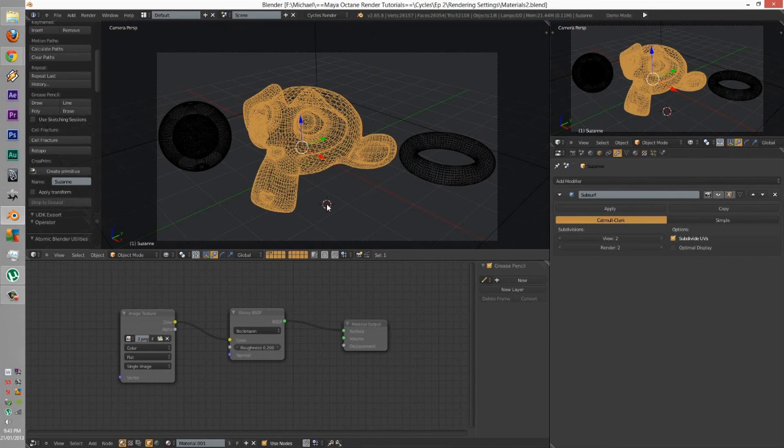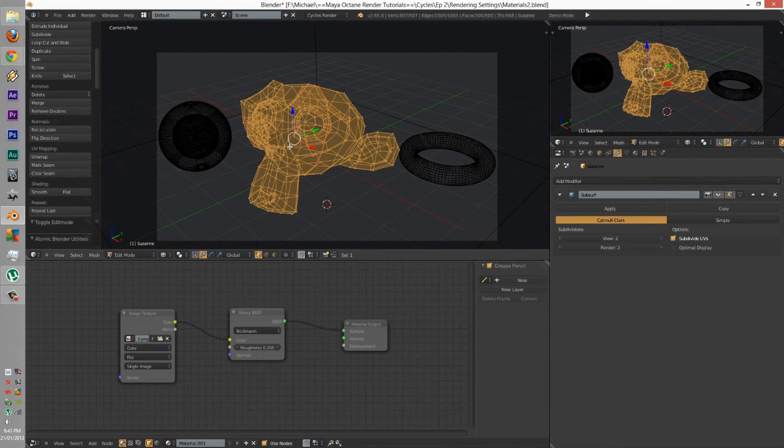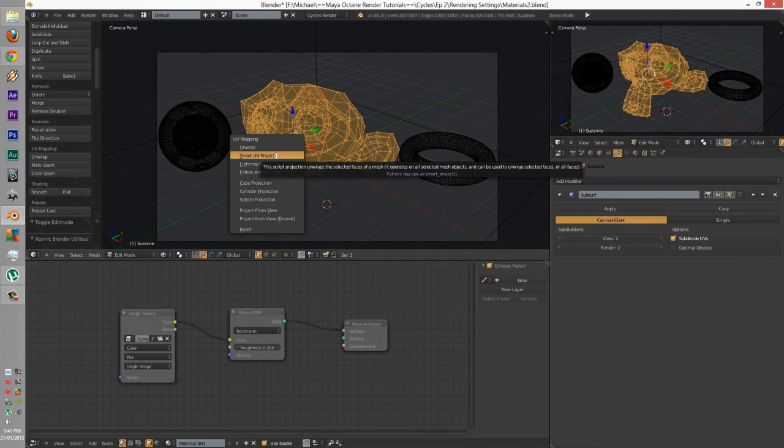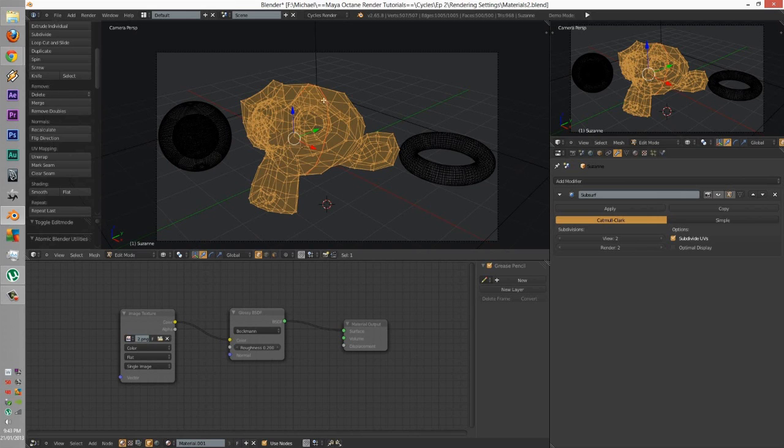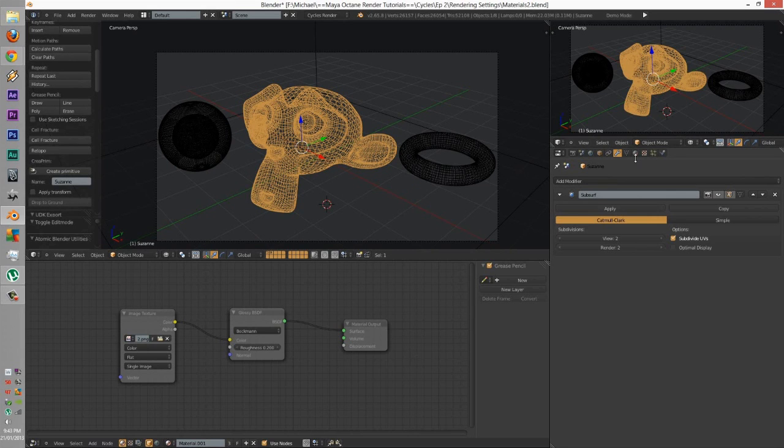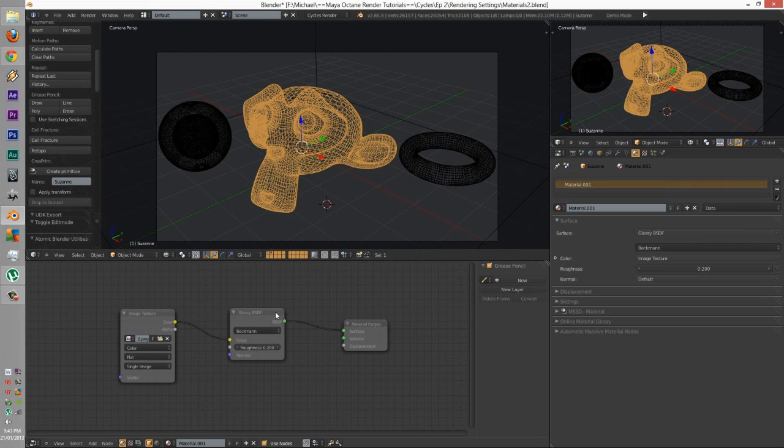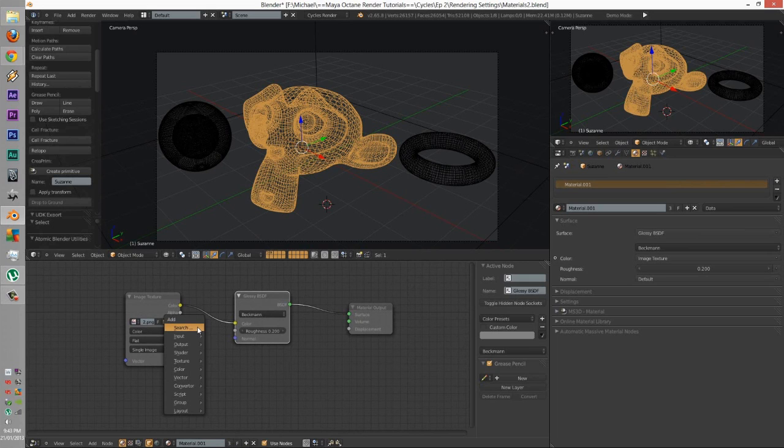Okay, so first thing we're going to have to do is get our object or monkey. We're going to press Tab, press U, and we're going to press Smart UV or unwrap, whatever works best for you. We are then going to add a glossy or a diffuse, whatever you want, and we're also going to press Shift A, go to texture, then image texture. Connect these two,